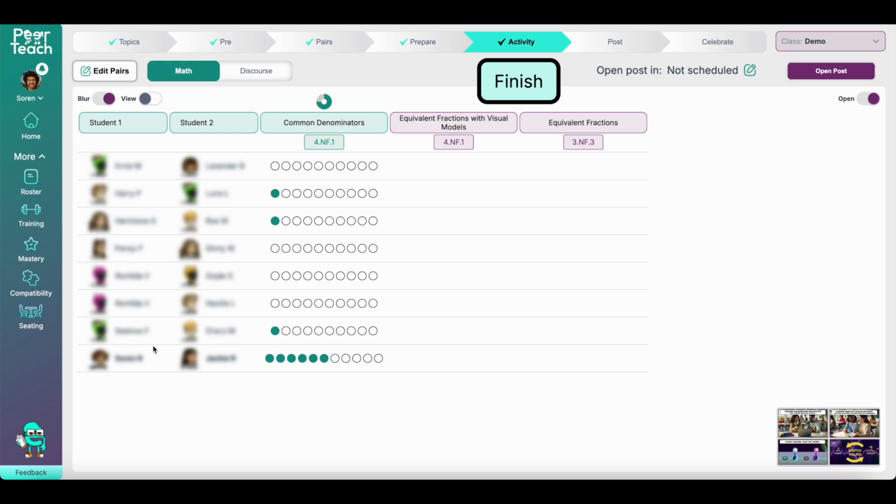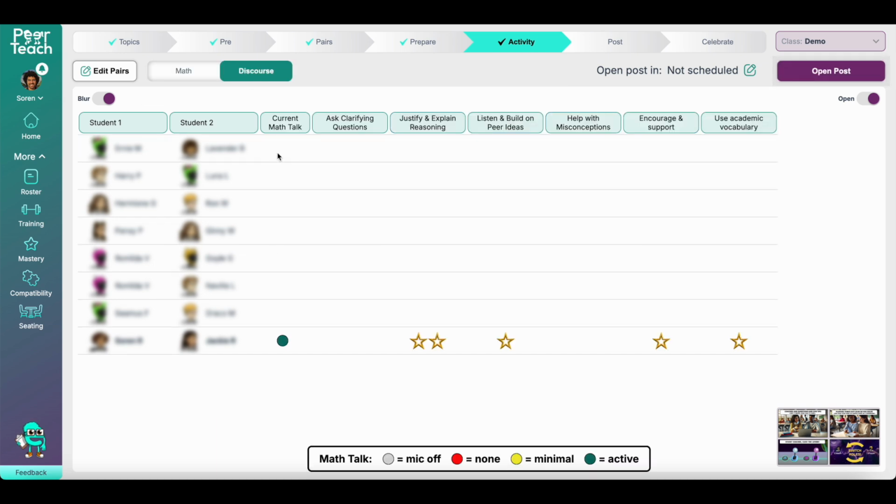All right, let's segue over to the teacher view on the activity tab. If the teacher clicks on discourse instead of just checking out the math that was done, they can see specific details on what their students are actually doing when they're working together, the kinds of things that they're saying to each other. In this current math talk column, you just hover over the dot and it'll show what students were